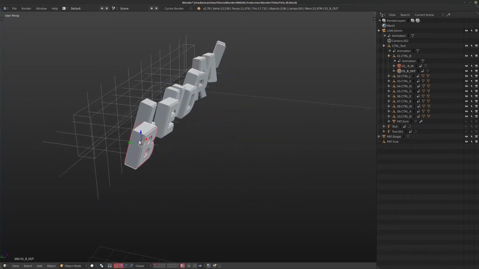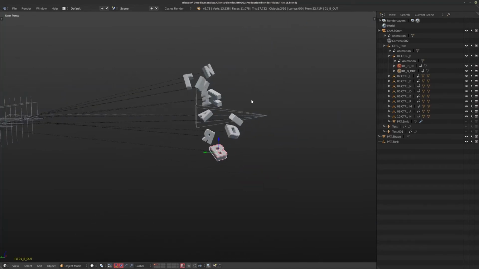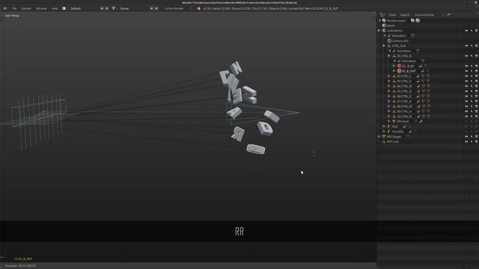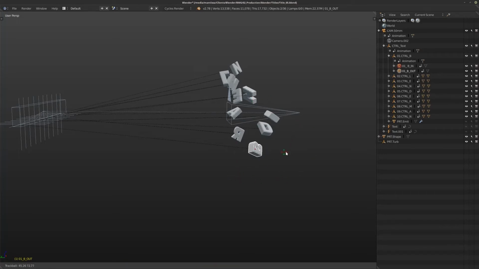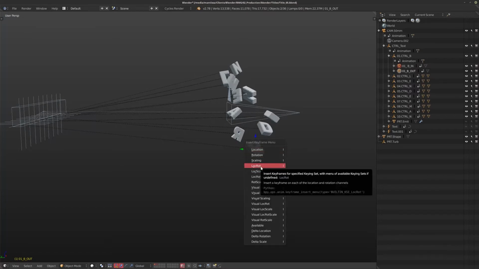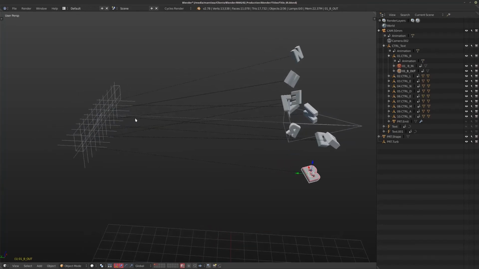I've animated the letters themselves from the start here, sort of just behind the camera's view, and I've rotated them completely randomly. I just hit the R key twice for trackball rotation and just rotated them a little bit to where I wanted to rotate them. Then hit I for location and rotation keyframes very quickly, very easily. Obviously after I'd keyframed them in their final position. So that way we have the letters themselves.